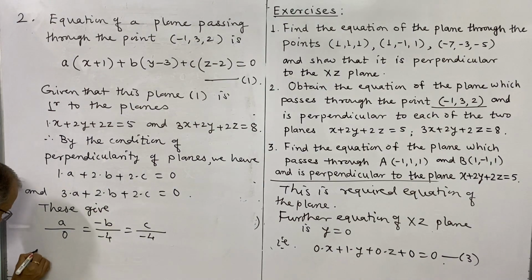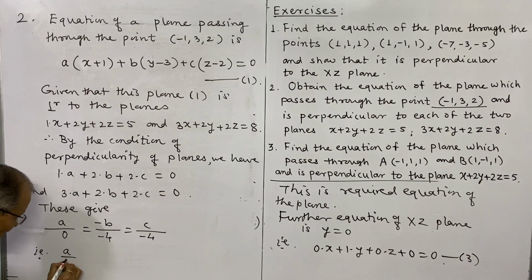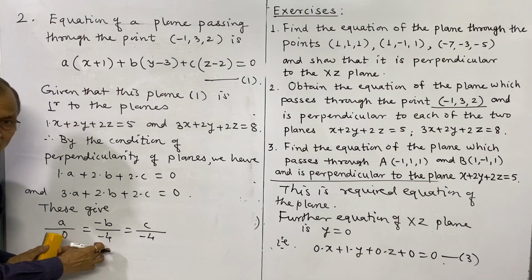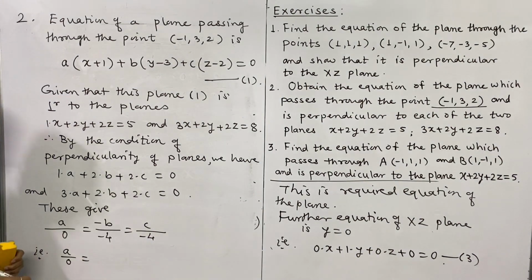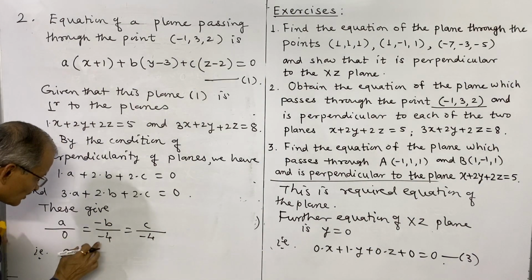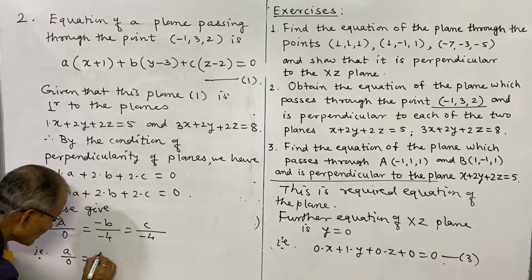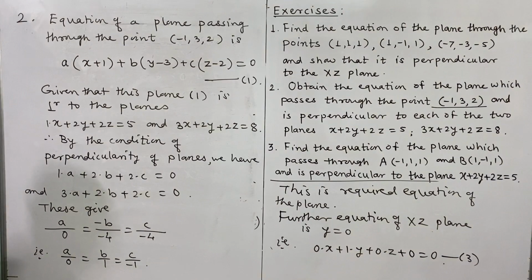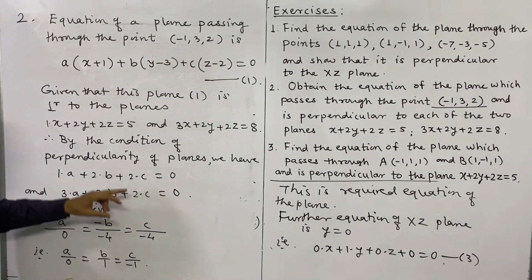So that is A divided by 0, or we can say divide by 4 at the denominator or multiply by 4 at the numerator, and then that gives, so B divided by 1 is equal to C divided by minus 1, and thus we take the value of A as 0, B as 1, C as 1,